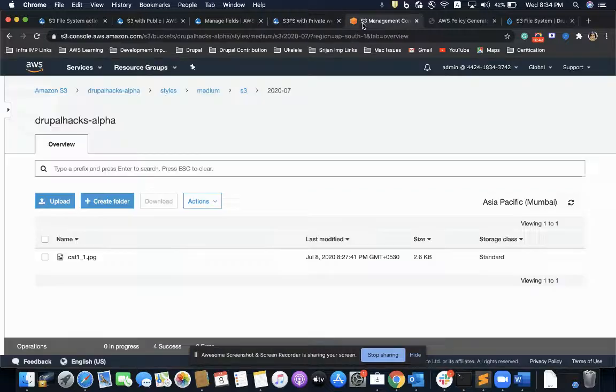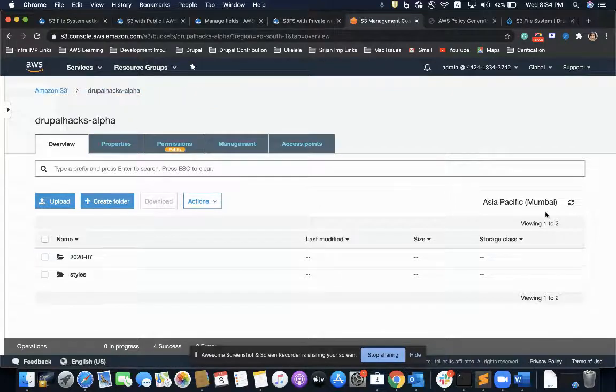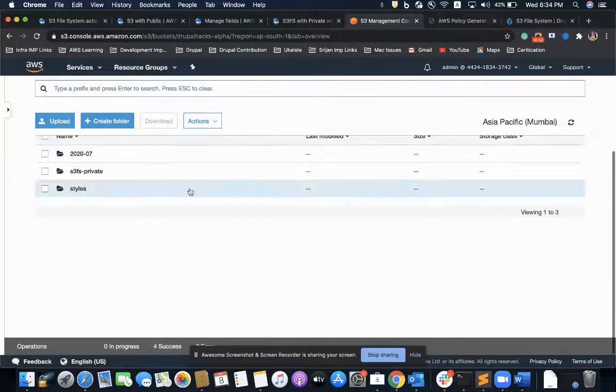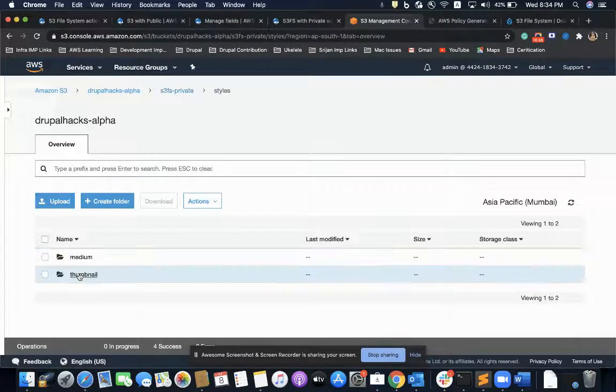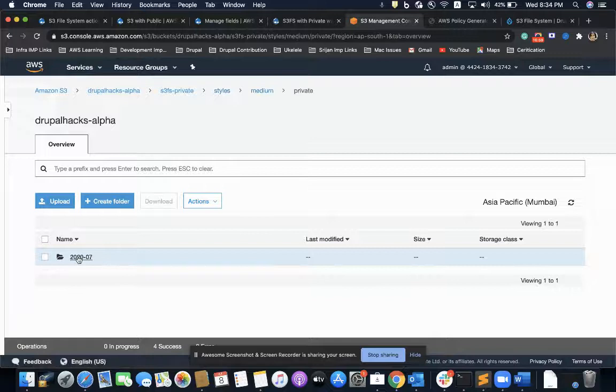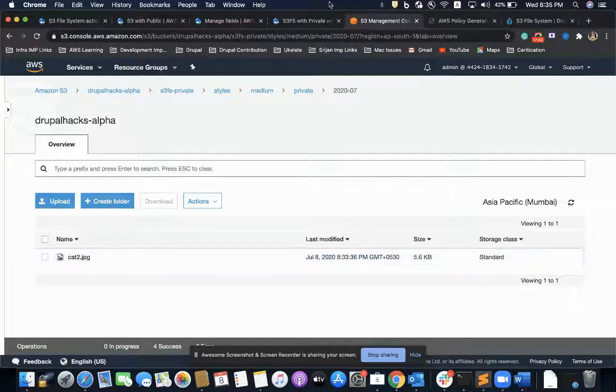Then where is it coming from? If I go to my S3 bucket at the root level and refresh it, I should see the folder s3 private, styles medium private, and cat2. So this is coming from here.